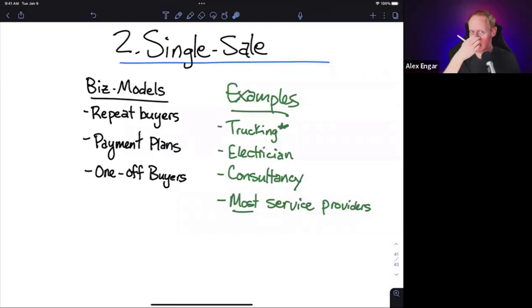We've got Court in here who runs an electrical business. They're going to be single sale. Maybe you run a consultancy online that is a one-time purchase kind of thing. And then I would just say most service providers end up falling into this single sale type model where we're